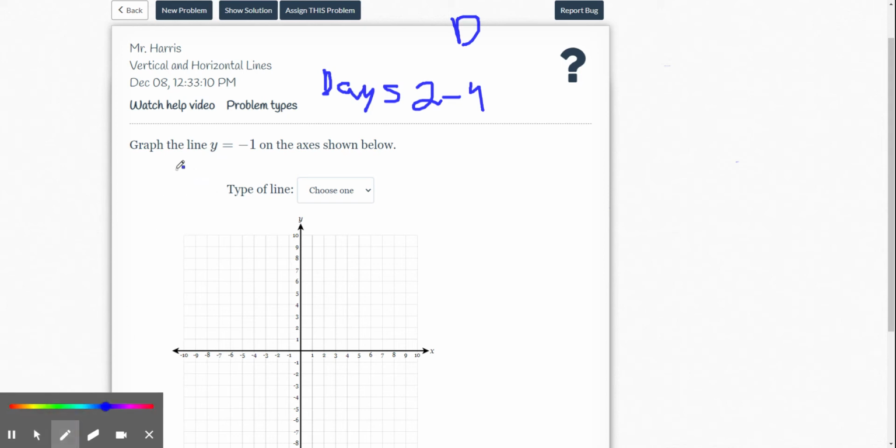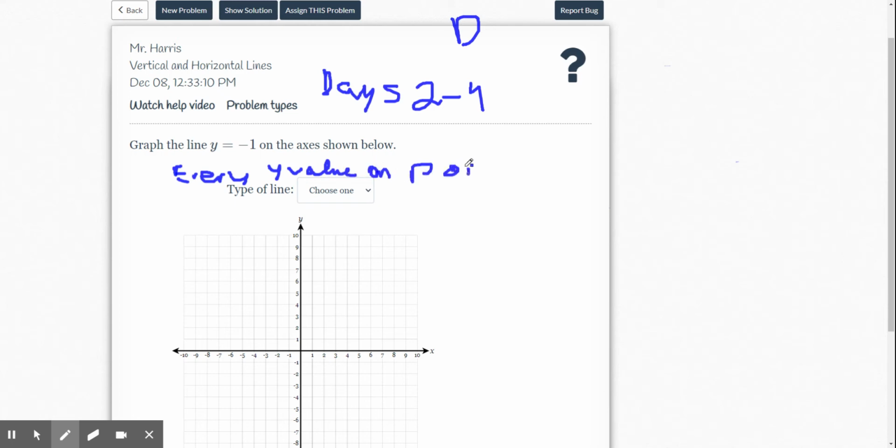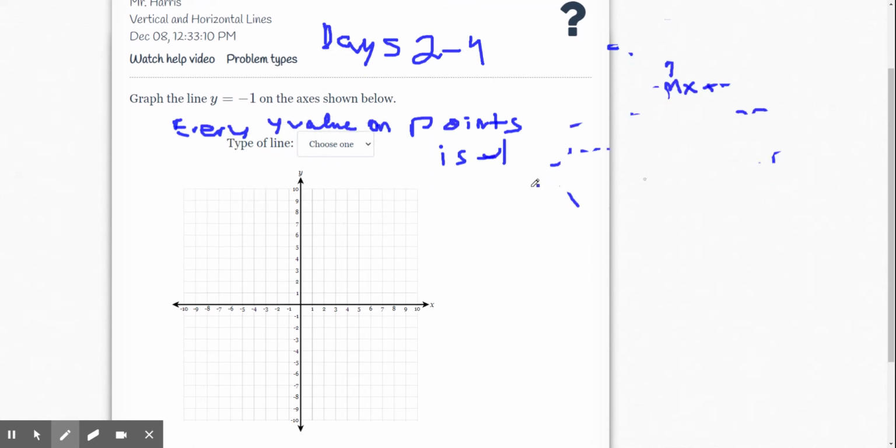That means every y value on our points is negative 1. So every coordinate has a y value of negative 1. And speaking of negative 1, don't we see the letter y there? Here's our y-axis. That means this line goes through